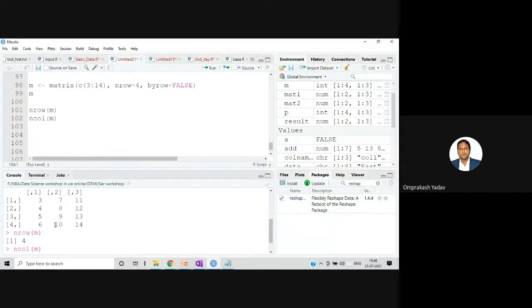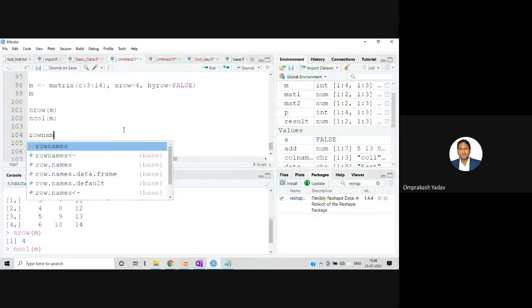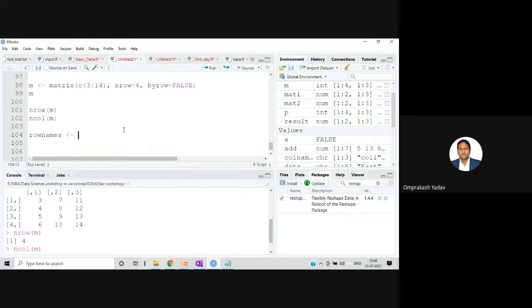Okay, if I want to give names to the rows, even names to the columns, that also is possible. So we can give the row names and the column names. What we can do, we'll have to create two variables. So let's create two vectors, character vectors: row names, and here I'll use the C function.